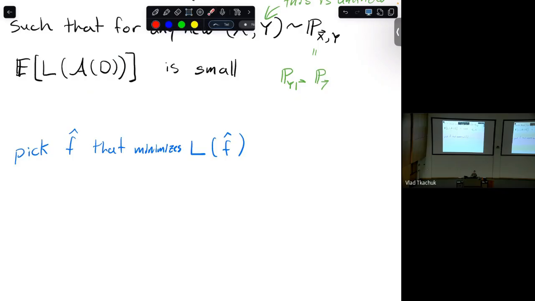This is just a number. F hat is just a function. You can search through all your functions. Let's forget about computational things we're going to get into in a moment, and then you can find the function that makes this the smallest and you're done, right? And so the answer is going to be, this would be great, but